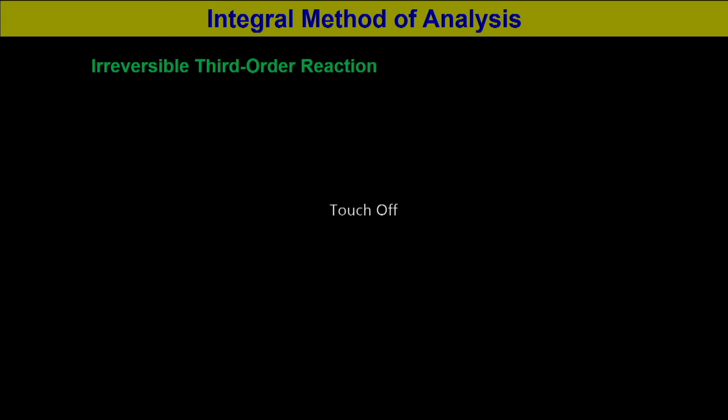Now, similarly, if we consider another reaction of third order, which is A plus B forming R. So, this is a non-elementary reaction of third order, where 1 mole of A is reacting with 1 mole of B producing R. This reaction is considered as third order reaction. In that case the rate of reaction, minus r_A is equal to minus dC_A/dt, which is equal to k C_A C_B squared.